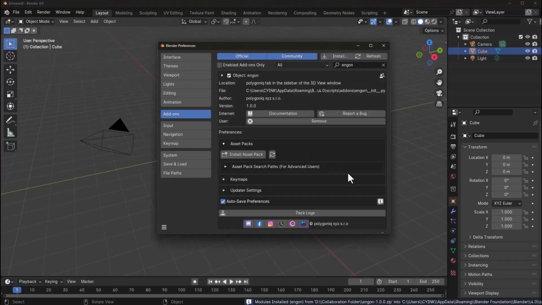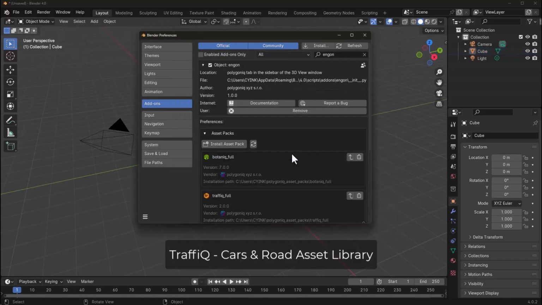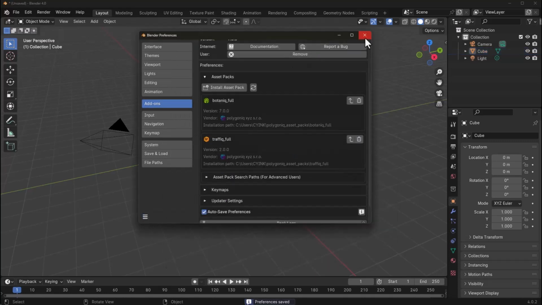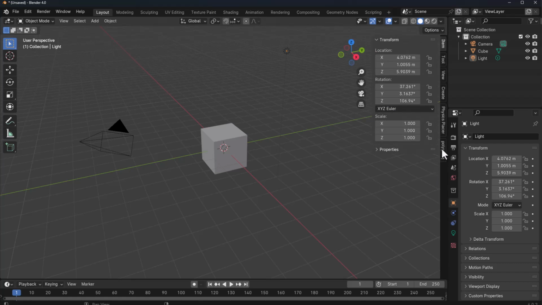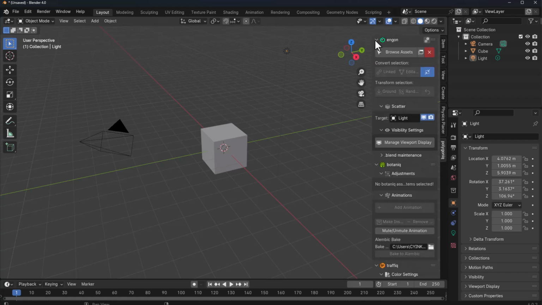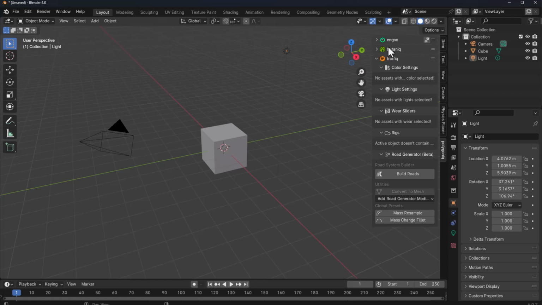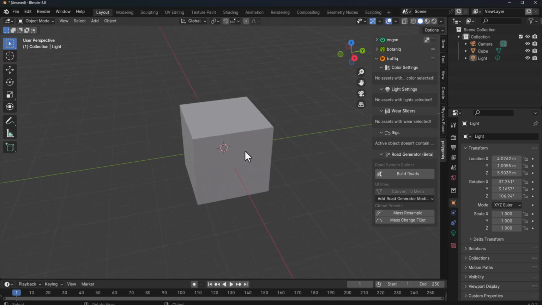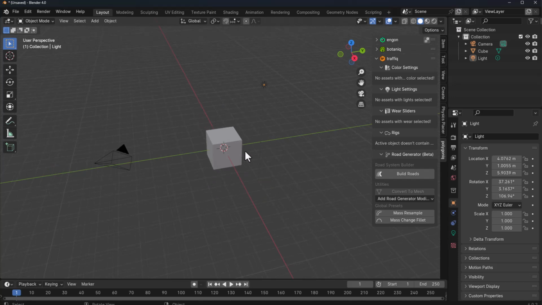It's also worth mentioning that once you download the TraffiQ tool, it downloads as a pack file, which you can now add as a separate asset right here. So once you add it, if you tap N on the keyboard and go over to the Polygonic section, you would notice that we have Endgon, Botanic, which is one of the tools that they have, which we've already installed, and also TraffiQ. So the first thing which I would like us to explore is the brand new road generator,